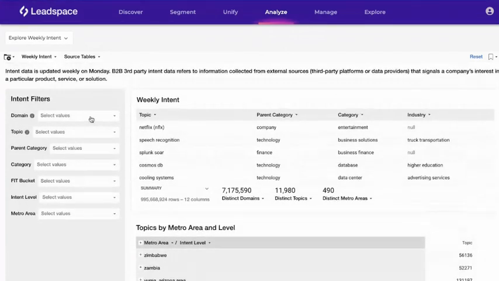So, for example, you could come in wanting to look at specific topics or specific domains or intent levels. So you might want to look at only high companies, or whatever. You can look at metro areas. What we're showing in this case,